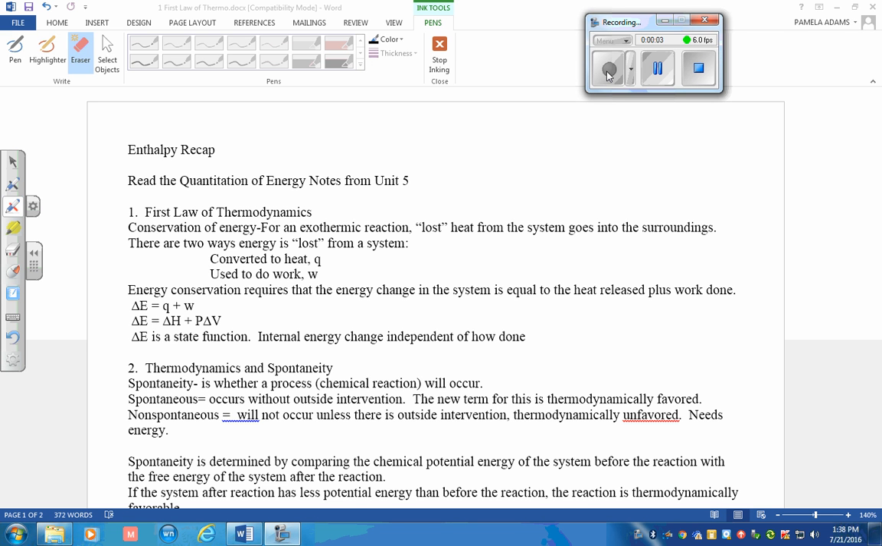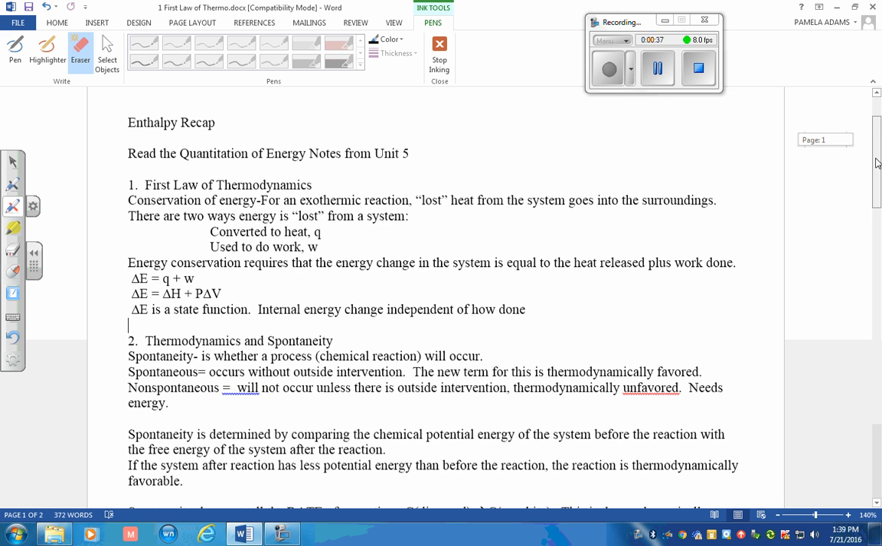Today we need to refresh our memories on the concept of enthalpy. Enthalpy is the heat lost or gained from the system during a chemical reaction. If energy is given off by the system to the surroundings, we recall that as exothermic, and if heat is taken in from the surroundings to the system, that is endothermic. So I would like you to read your notes and join me again when we get to the concept of